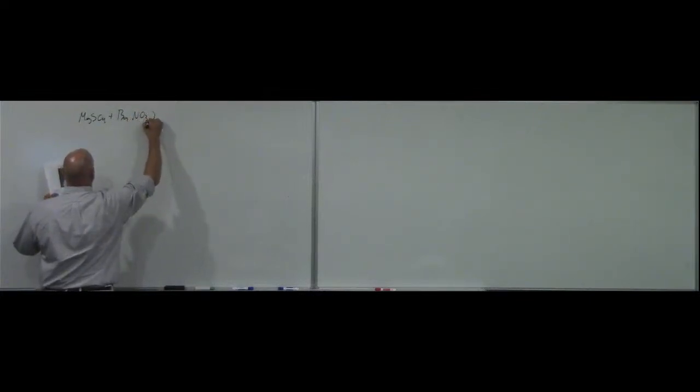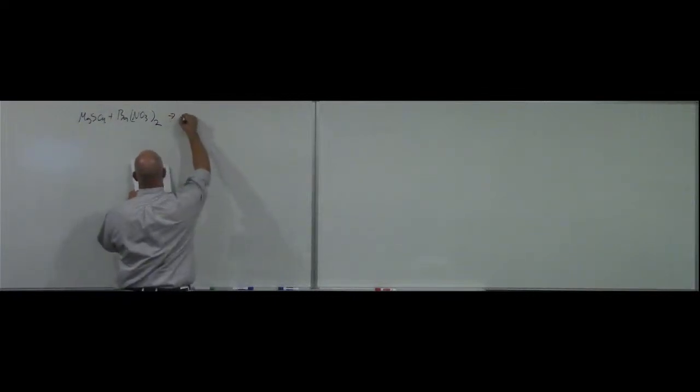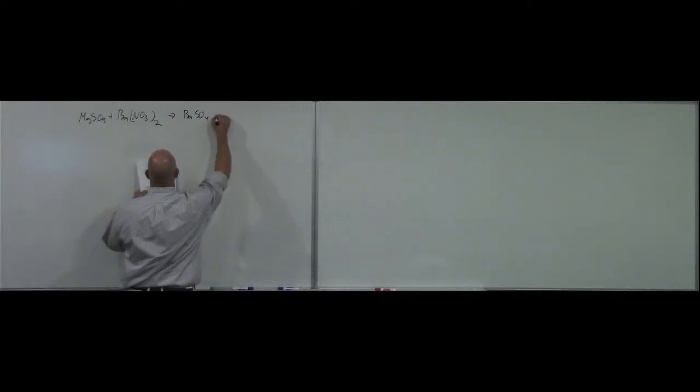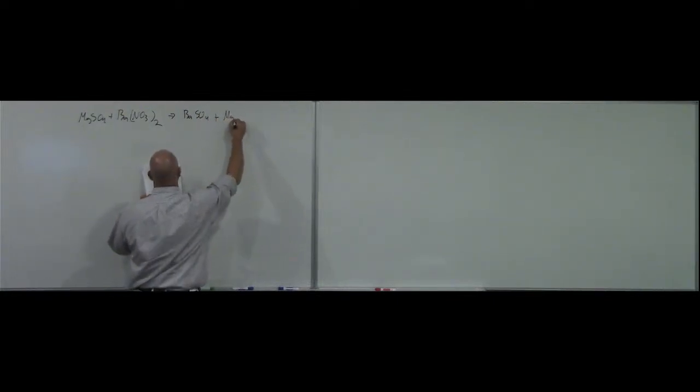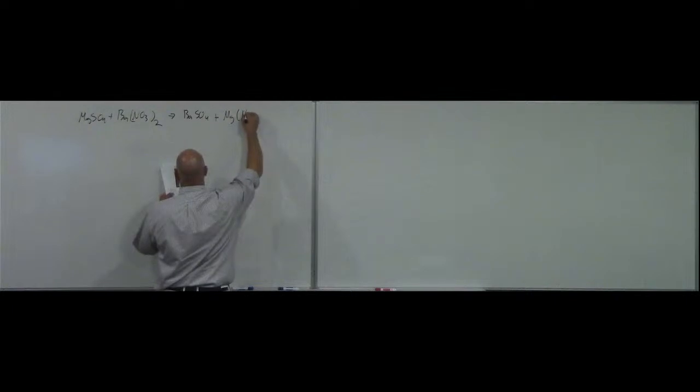I've got MgSO4 plus Ba(NO3)2 yields BaSO4 plus Mg(NO3)2. Okay. So it said